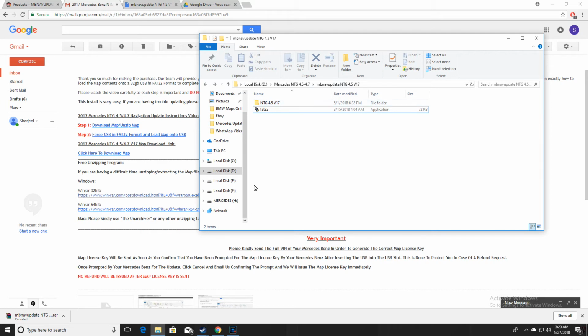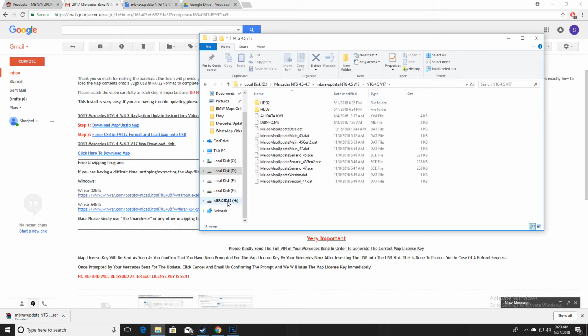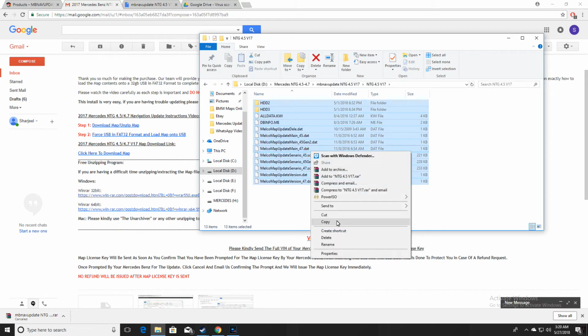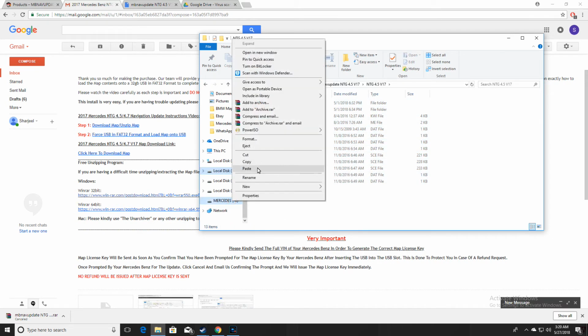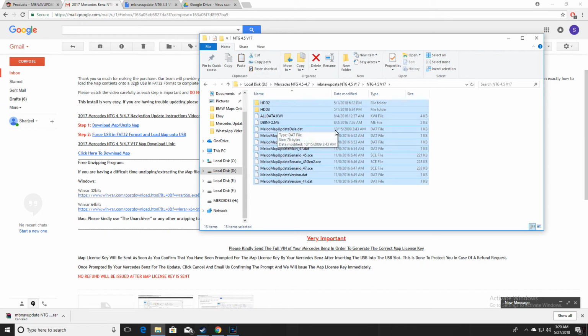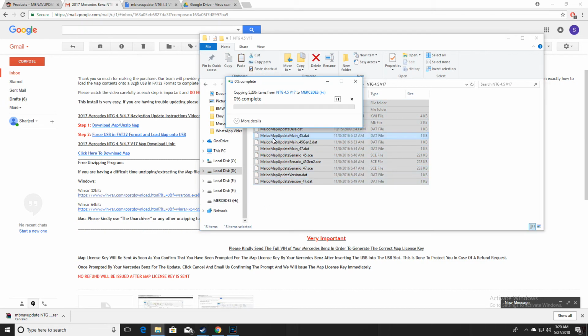So NTG 4.5, once you have the USB in FAT32, you can go ahead and load the contents of the map. In my case, I already have a USB formatted and connected. All I'm doing is just highlighting, dragging, and dropping the contents. You could do that too, okay? I've seen some people copy and then paste onto the USB, okay? In this case, I will drag and drop. This can take up to 20-25 minutes, depending on the operating speed of your system, okay? Once this process has completed,